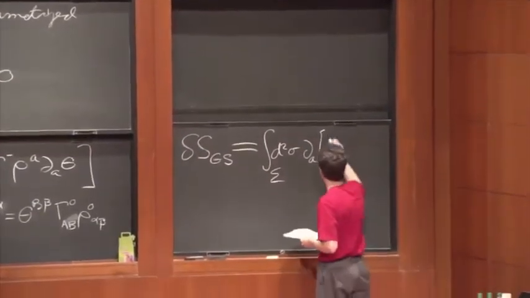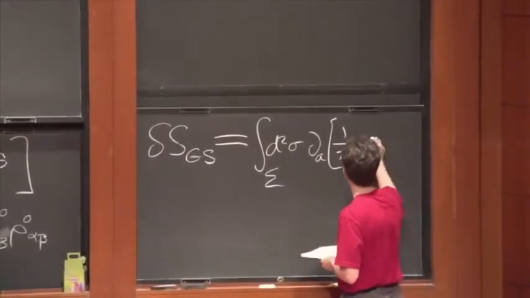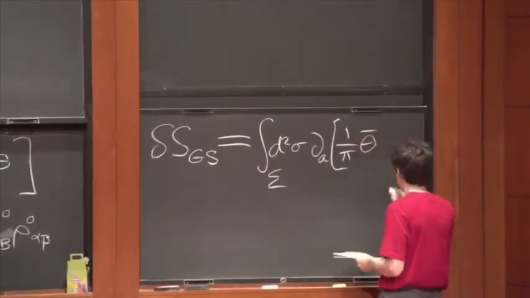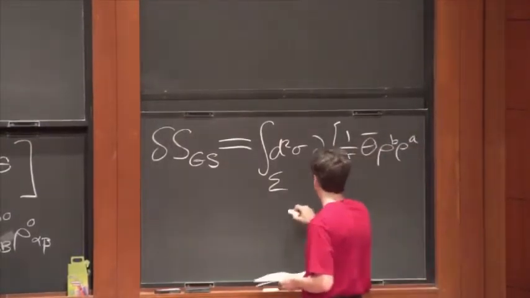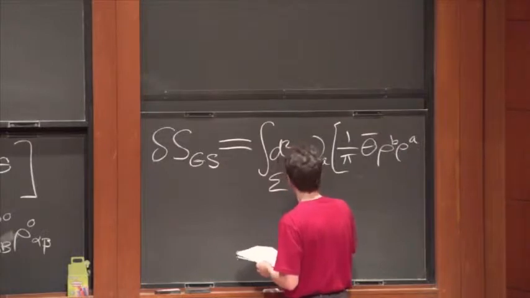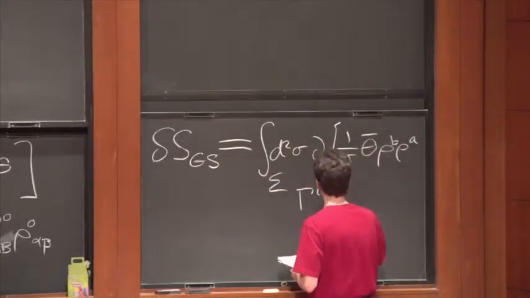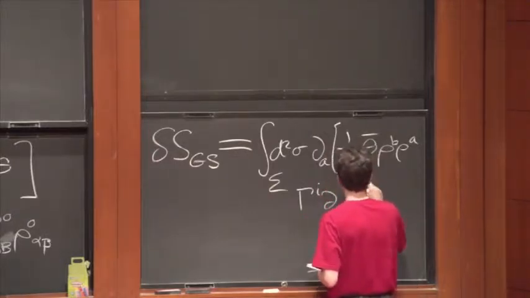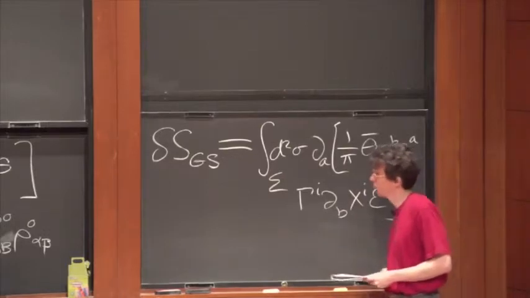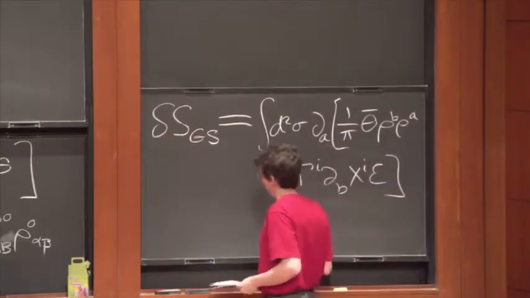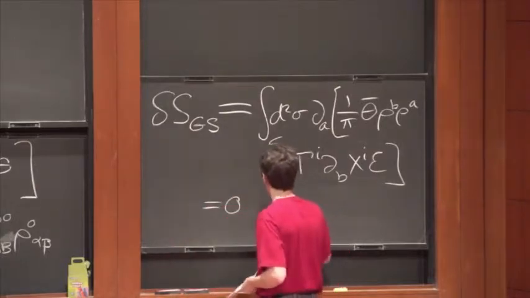That's good because you want to integrate it to the boundary and claim that it vanishes according to boundary conditions. Here's what it looks like. This is claimed to be straightforward to check. You just have to be a little patient and track your indices carefully. And this thing equals 0